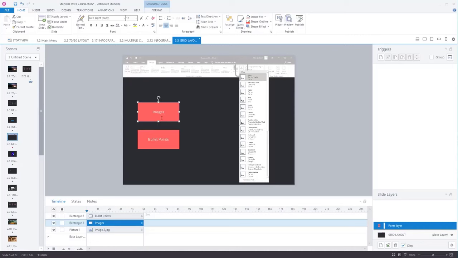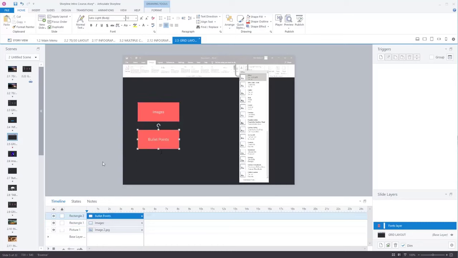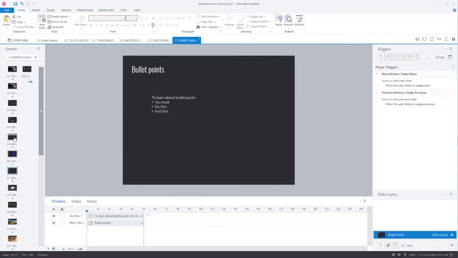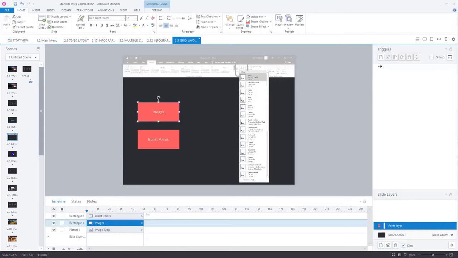So I'm going to have it so if the user clicks on that, they'll go to this images box or page, and if they click on this bullet points, they'll go to the bullet points page. So let's do triggers for that. I've clicked on the box called images. I'm going to click on create a new trigger,